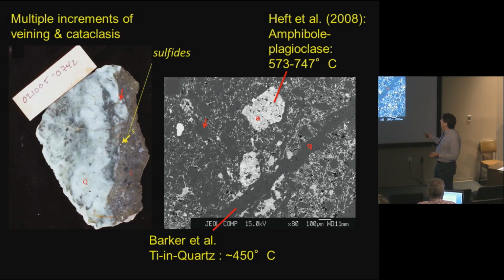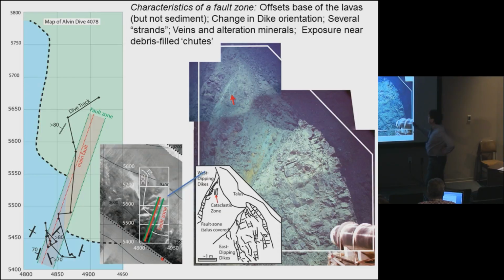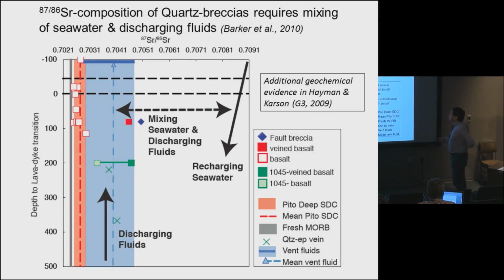This is kind of an amphibole plagioclase estimate, obviously not very precise, but we can basically say it's a very high temperature grain that was then plucked from its rock parent and caught up in this quartz cemented breccia. So this is essentially proof positive of kind of the null hypothesis that this was a fault that was a conduit for large amounts of hydrothermal fluids. And if there was a surprising thing that came out of this, it was